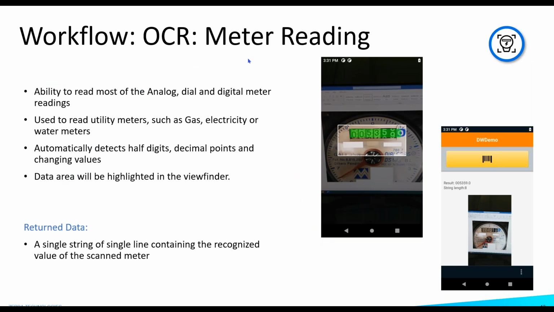So OCR meter reading is one more feature that is available today. Different types of analog and digital meters will be supported, and there is some criteria that meters have to meet in order to be captured. We can discuss that in the next slide. It automatically detects half digits, decimal points, and changing values. The data area will be highlighted in the viewfinder. So if you go into the next slide,